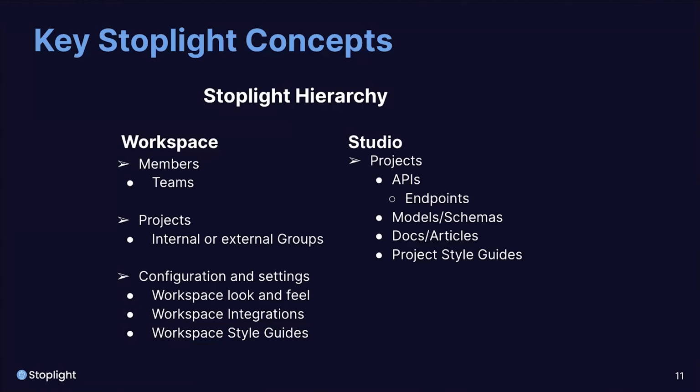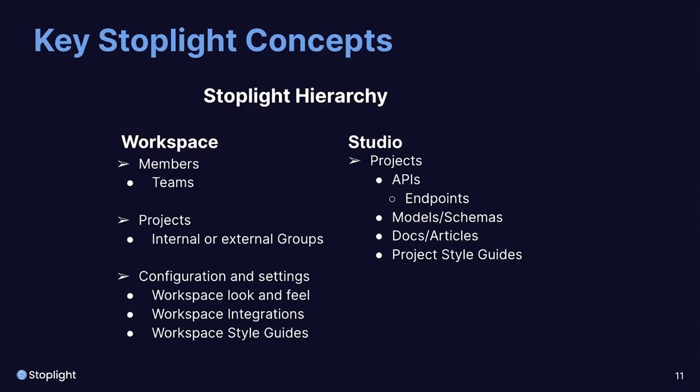Now let's look at the hierarchy within Stoplight and the two main user interfaces that you will encounter. Within Stoplight, you have a workspace and a studio interface. Your hierarchy begins with your workspace. Within your workspace, you will establish your look and feel, as well as set up integrations with your Git repos. You'll also configure your SSO options, and you can create and manage your members and projects all within the workspace